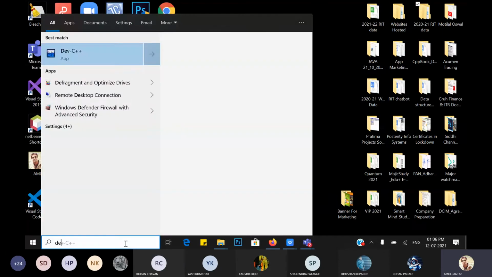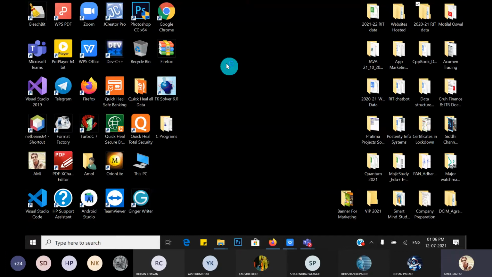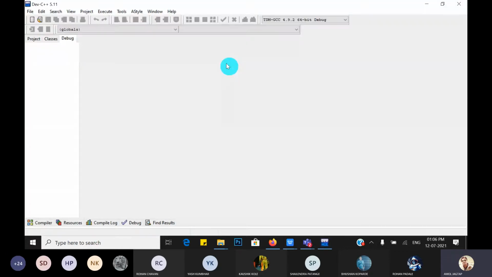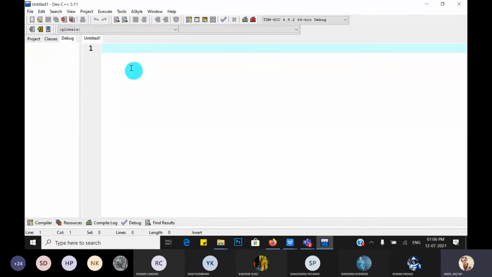So first open our Dev C and C++ both. This IDE is used for both programming. You can do it using C as well as CPP. So first create your new source file. First thing, so first what we have to see in today's lecture.